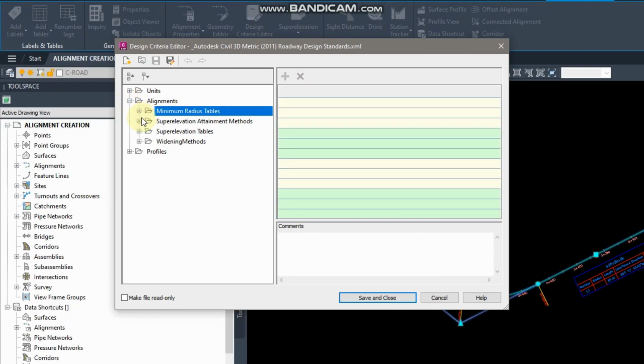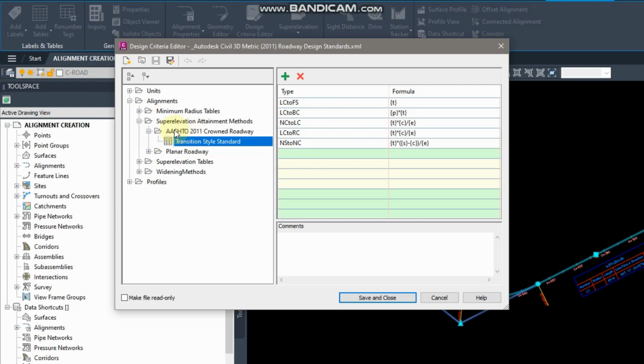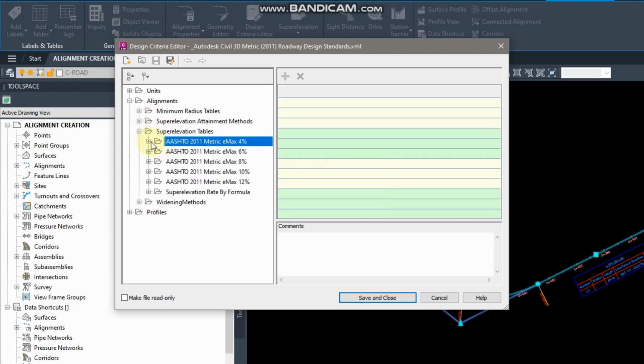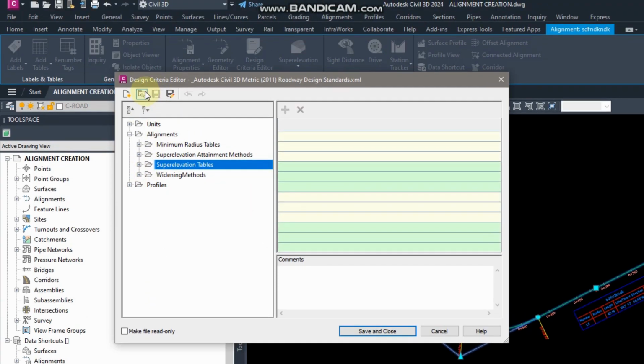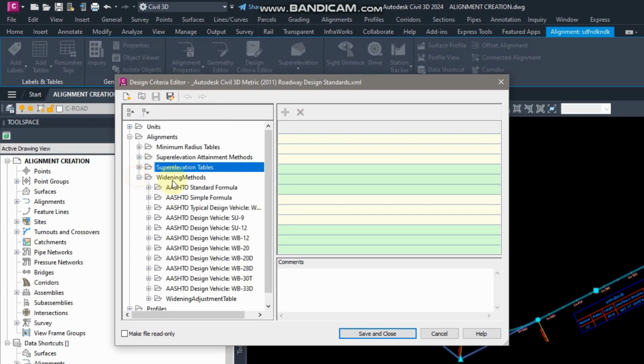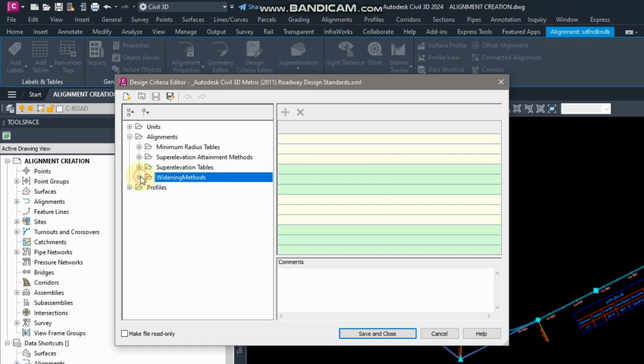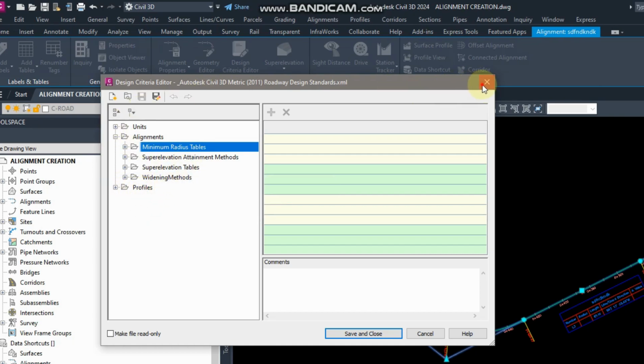Same like that, if I click the super elevation attachment, what is inside, it will show me here. This is the formula in the super elevation table. Anything I want to check is inside there. This is the table. So from the design criteria editor, you can change, editing this widening. Suppose you have a standard, so you must change your table according to that standard, which standard you are following. For the profile it is also the same, but we will make that now. We will only check this one where alignment, because we are working on alignment. In profile we will make profile, we will come here and we will check what is inside. Okay,